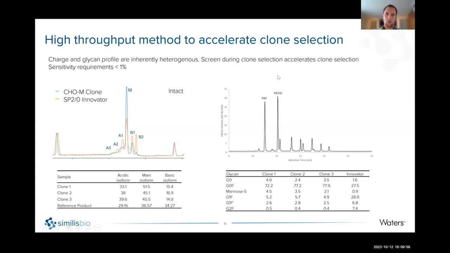I would say more importantly, what we tend to look at more closely for clone selection is the glycan profile, because what we'll typically see with antibodies is C-terminal lysine variants are the big driver there, which don't have an impact on safety and efficacy because they're quickly cleaved in vivo. But the glycan profile does have a fairly substantial impact on PK.